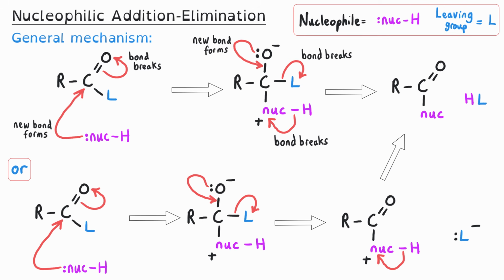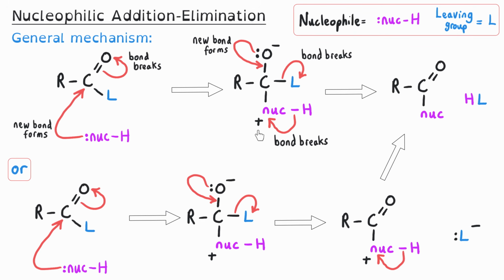This mechanism has a lot in common with nucleophilic addition, unsurprisingly because of its name. Nucleophilic addition also in stage 1 has the exact same curly arrows. The difference between addition and addition-elimination occurs where the nucleophile in addition is always going to be negatively charged, and so that means the intermediate in nucleophilic addition will always simply have the 1 charge of being negative on the oxygen. And so the intermediate is nearly the same as well, but not quite because you won't have this positive